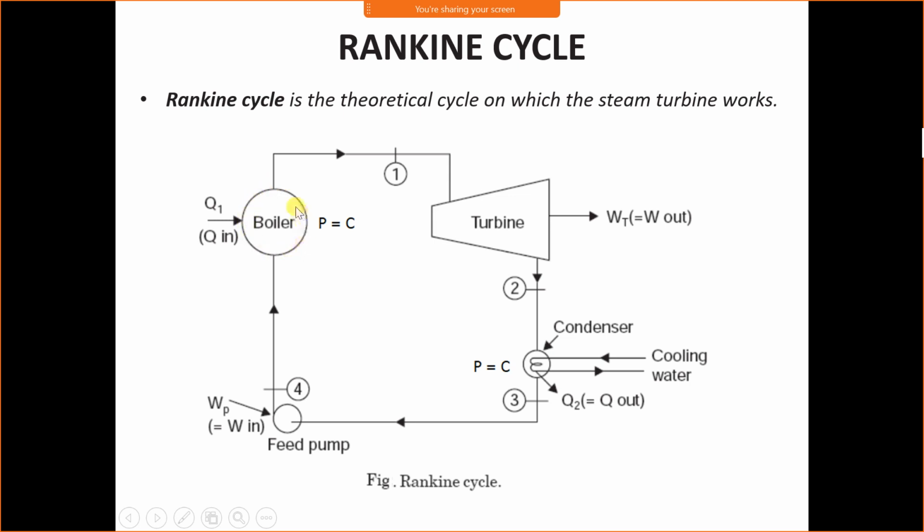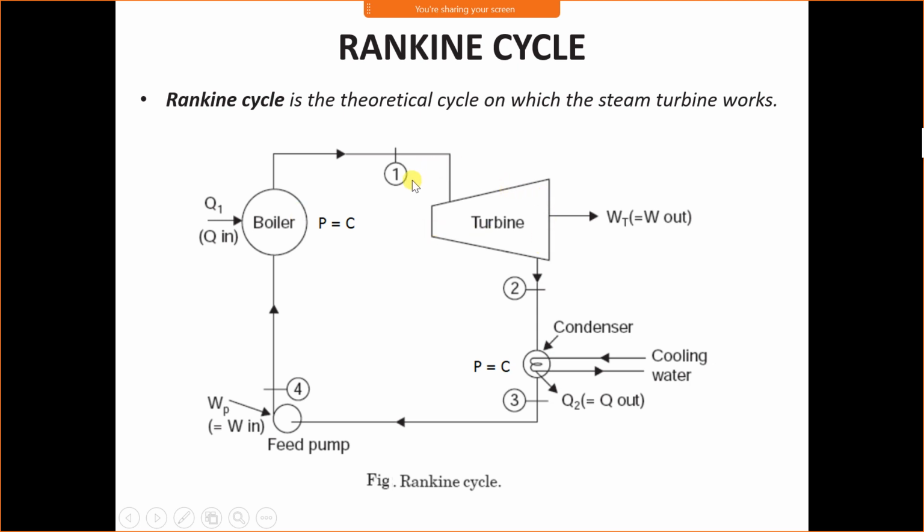The boiler is a type of heat exchanger, as well as the condenser is a type of heat exchanger. Boiler and condenser both are heat exchangers. A heat exchanger is a simple pipe which has been folded in a different fashion. It is a hollow pipe through which steam or any fluid passes. Since there is no restriction inside the heat exchanger, pressure remains constant. Therefore, in the boiler and in the condenser, pressure remains constant.